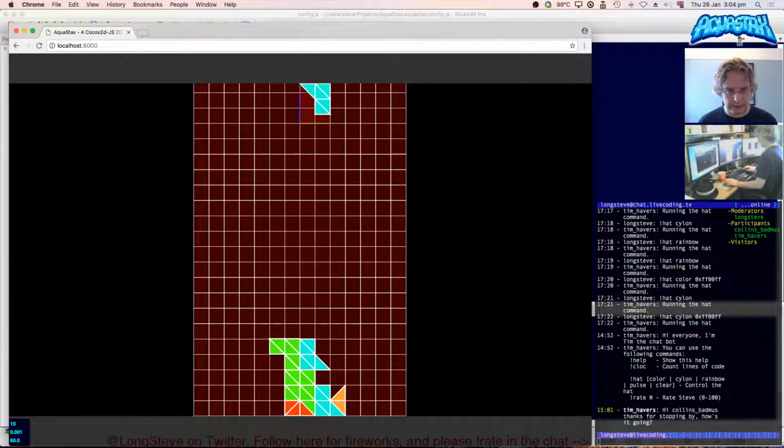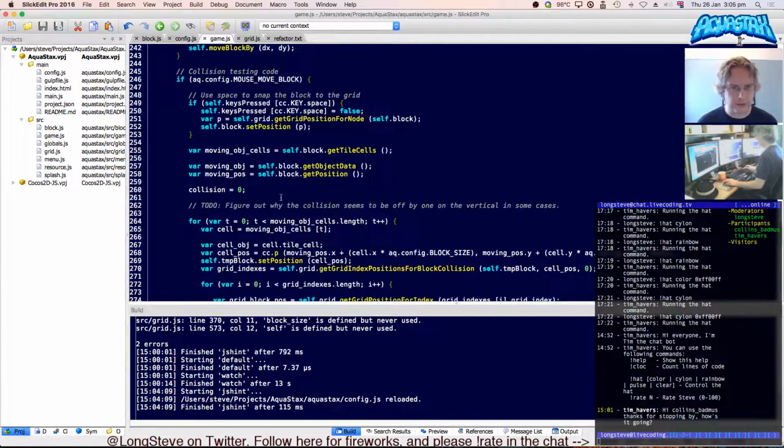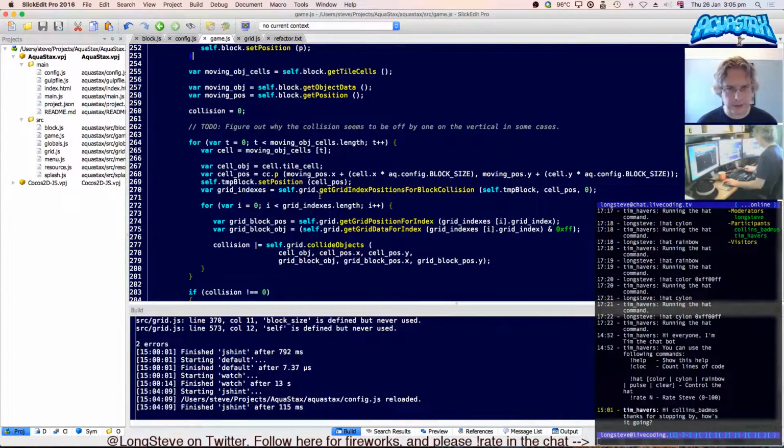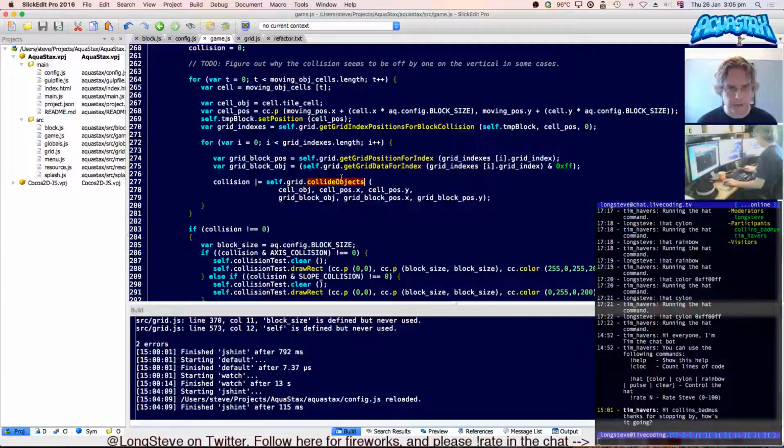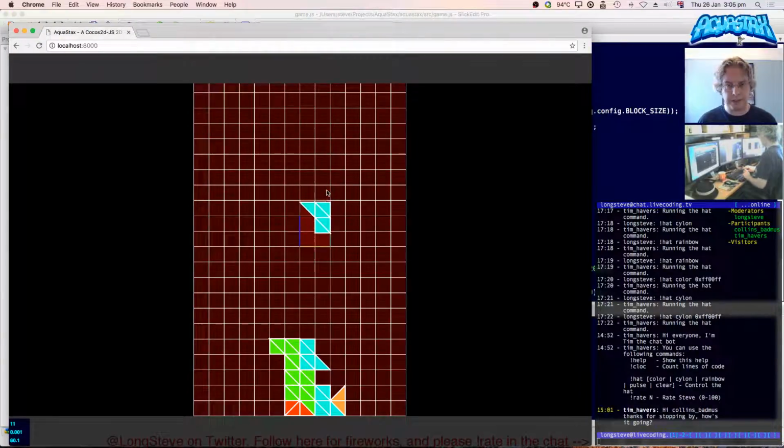Anyway, so collision testing is all good using my newest collision testing function, which is down here somewhere. It's collide objects. So this is the one. Oh, the last thing I did as well was I slightly tweaked the highlight. What was happening was this highlight, these red cells that are highlighting the areas of the grid that collision testing